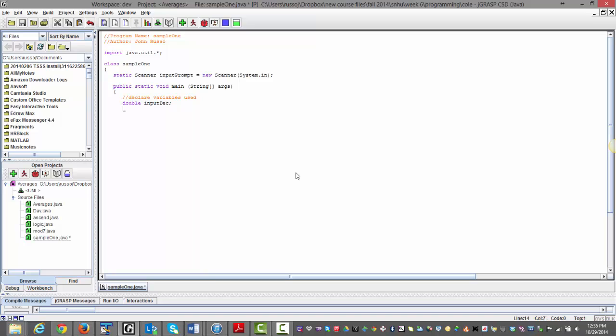Next I want to ask the user for a number. And this isn't going to really do much. We're not going to reverse a number or anything special. Just take a number in and print it back out. But just to give you some of the basic mechanics, let's say System.out.println. So that's just a command saying use the system itself, output, print with a return at the end,